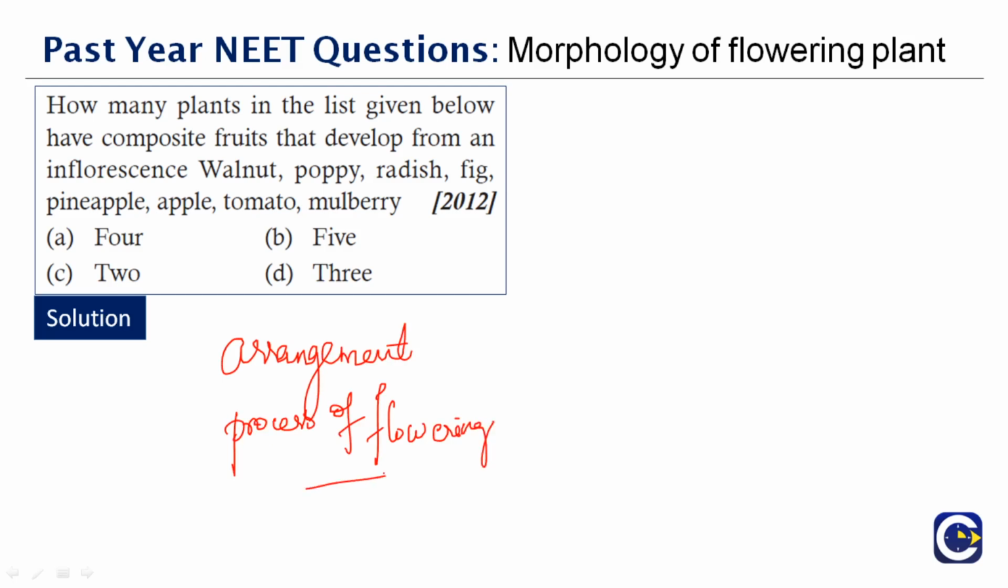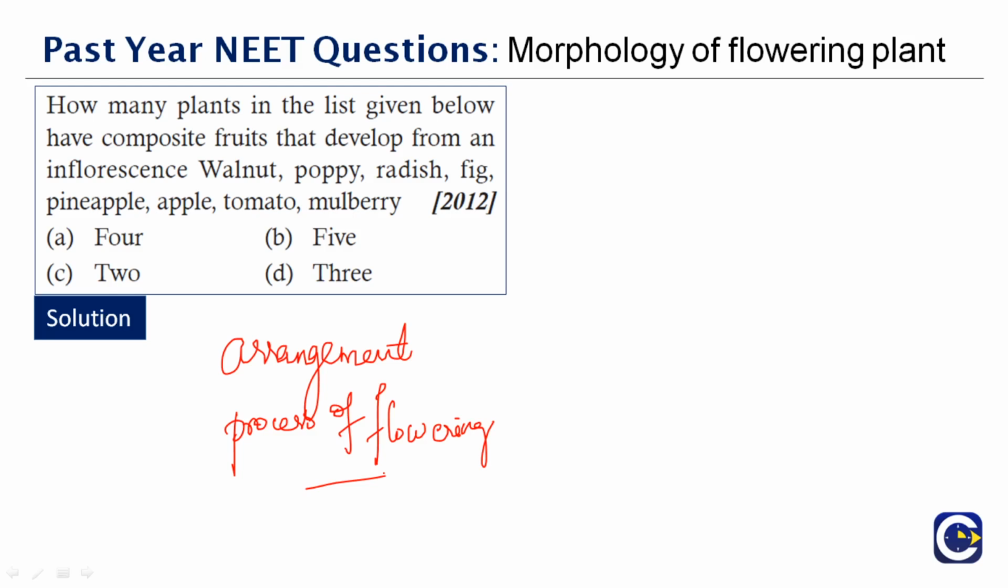Okay, so you have various aspects to be discussed here. When you talk about inflorescence, you have different types of inflorescence also. You have spikelet, catkin, spadix, cyme, umbel. All these are different types of inflorescence. So out of the given options, only three